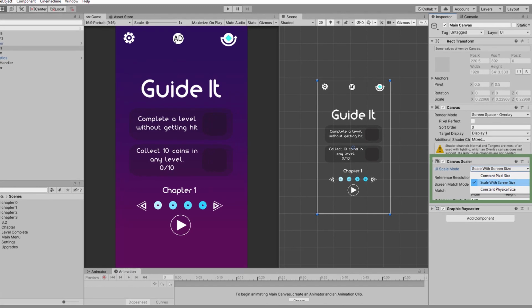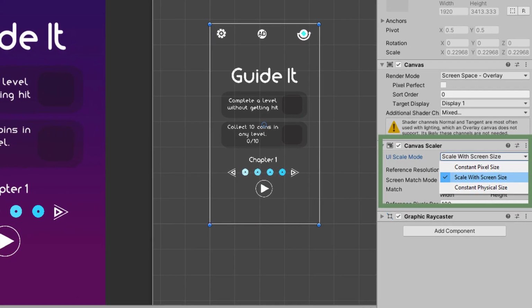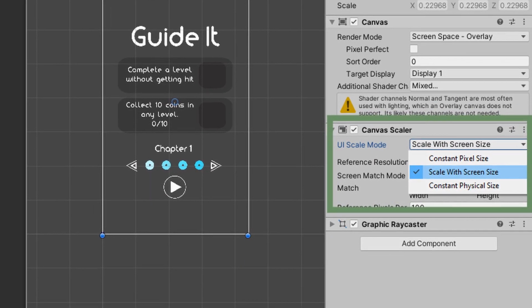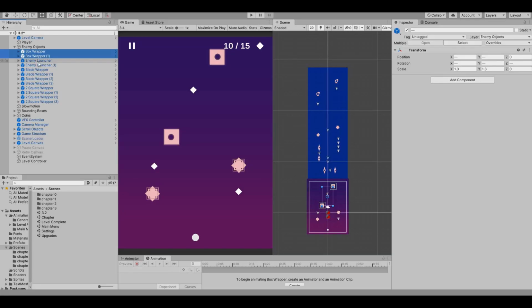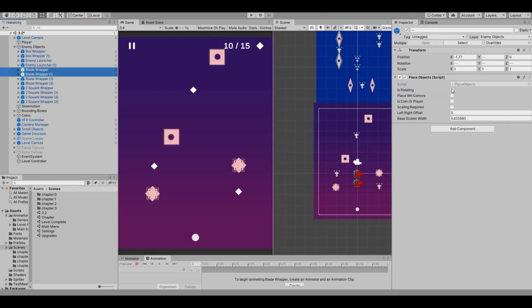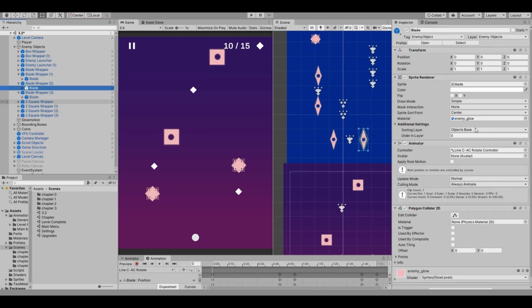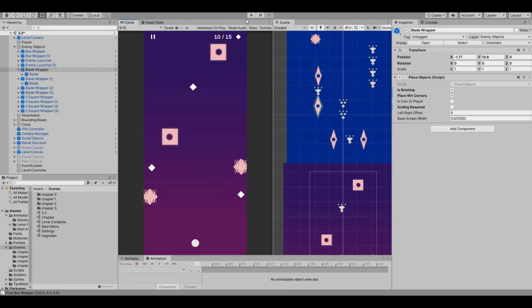In the canvas, there is an option, Scale with Screen Size, which does a pretty good job in scaling UI elements, but there is not any inbuilt functionality in Unity which helps in scaling game objects with respect to the screen size. So I decided to create a script of my own and attach it to every game object which needs scaling. This script scales the size of the objects with respect to the width of the screen. For devices with wider screen, objects will appear bigger in size, and for devices with a smaller screen, objects will be smaller in size.